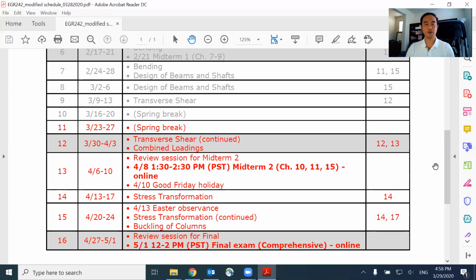I'm gonna start from there so that everyone can remind yourself about this topic, and I'm gonna wrap up this chapter 12 this coming week, and then chapter 13 about combined loadings. Most of the topics in chapter 13 are already covered earlier, but I'm gonna go over the last piece of chapter 13 this coming week. And then